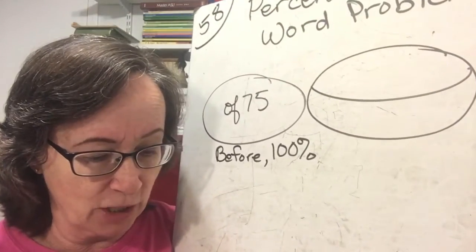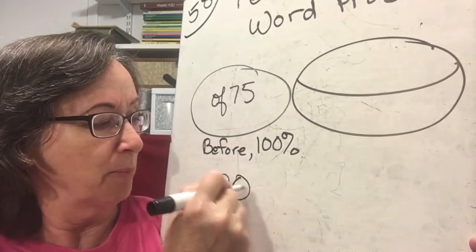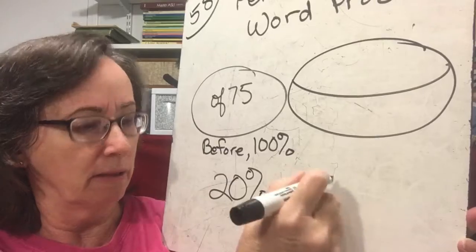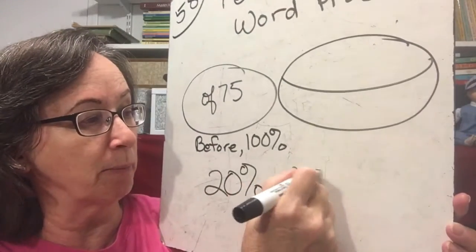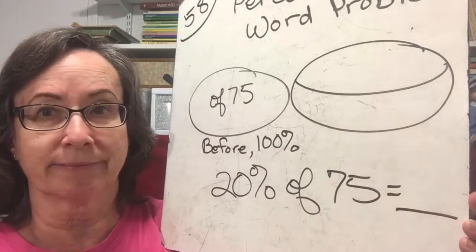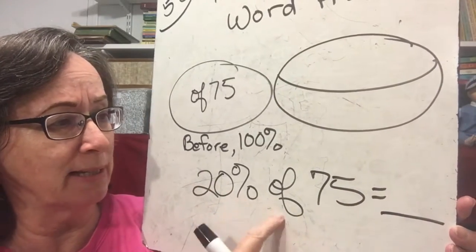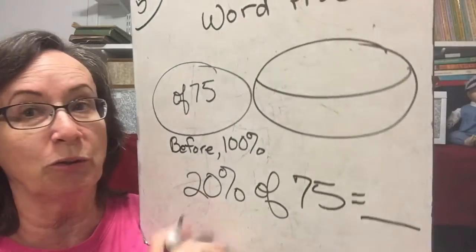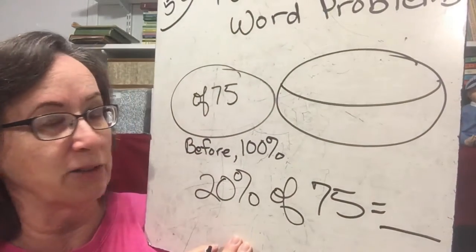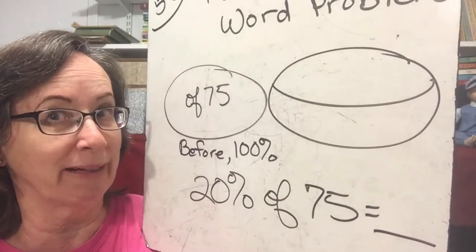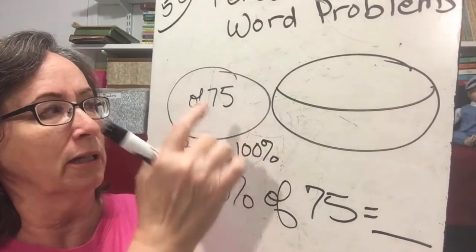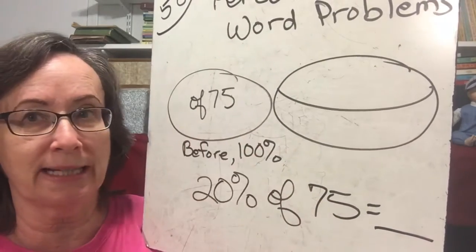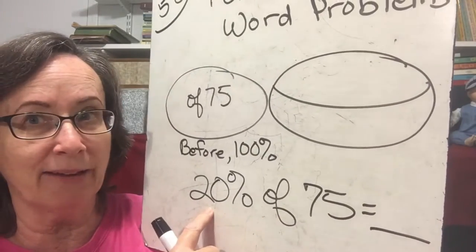Okay, so if we were going to do this as an equation, the equation that I would look for is 20% of, they had 75 thingamabobs, is what? Okay, 20% of the total is what? That's what we're looking for, isn't it? But we're going to look at our pictures first, because this whole section is about drawing a diagram before you do it. So our total, the before number, the 100%, is 75,